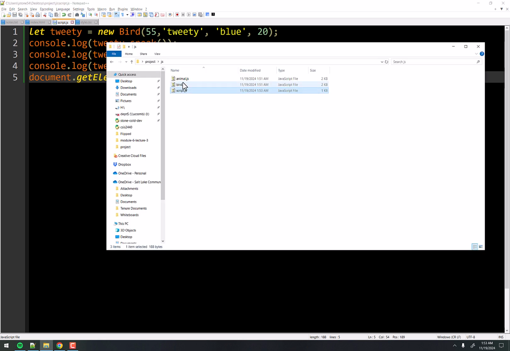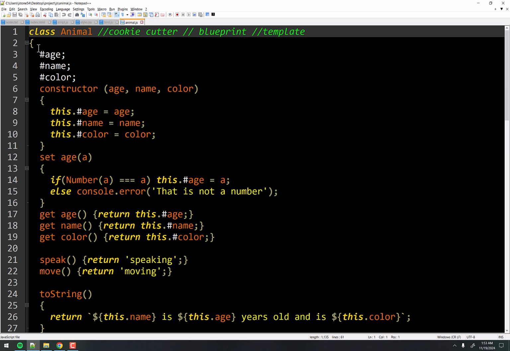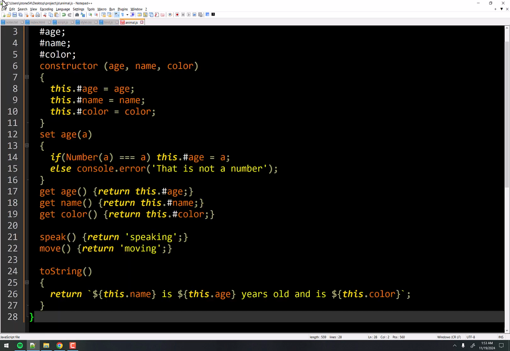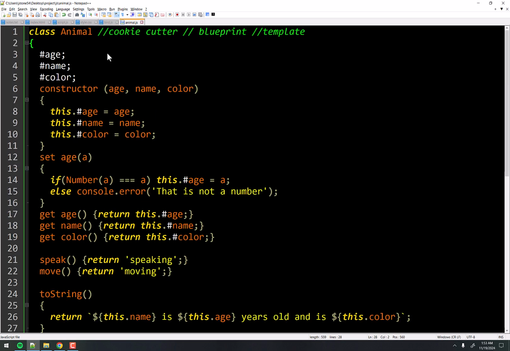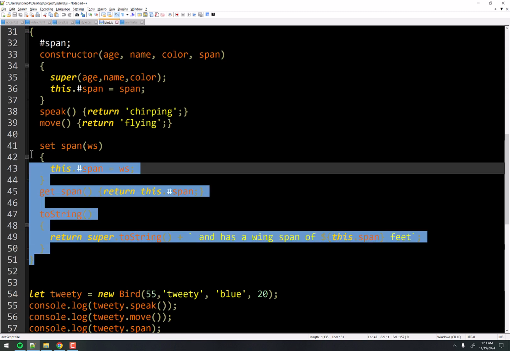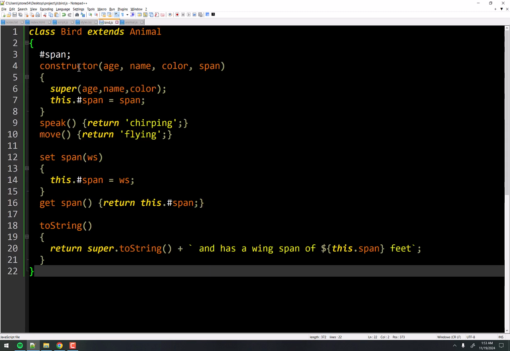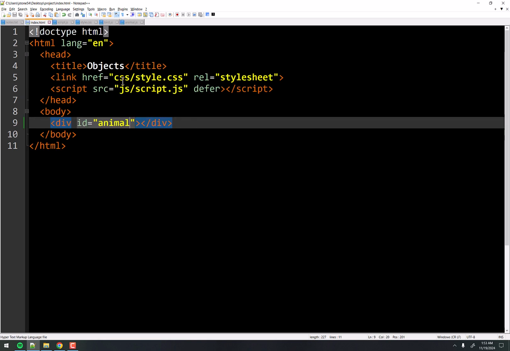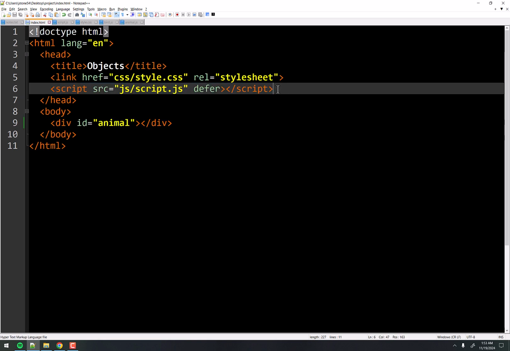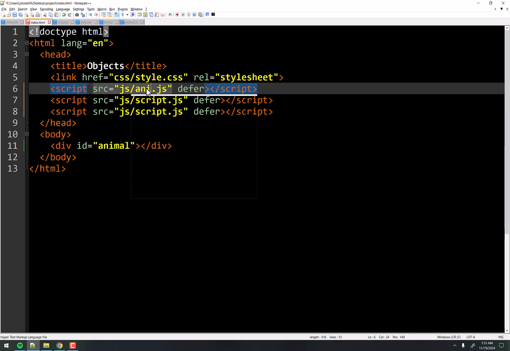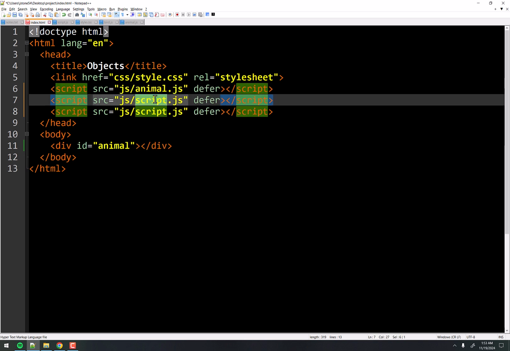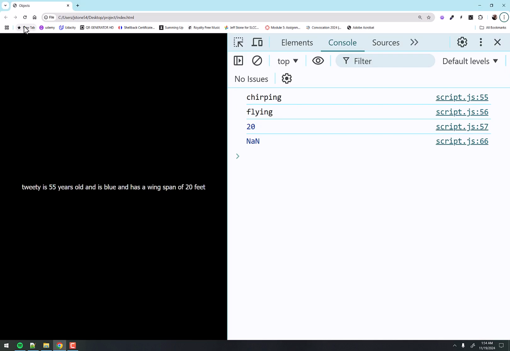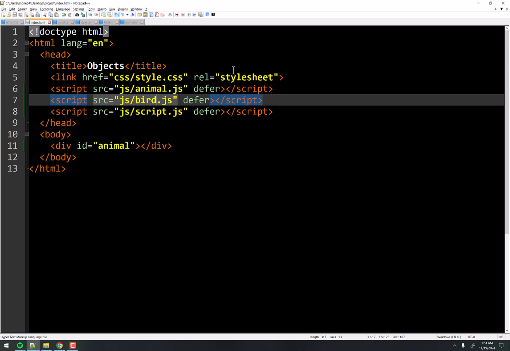And then let's just take the animal and the bird here, and obviously animal is just going to have animal, nothing else, and bird is just going to have the bird stuff right here, like that. Now, obviously, if I'm going to do that, I need to also import them here in my HTML. So we'll do animal, animal, and bird. And if I was going to do dog and whatever, I would just put it here as well. So now let's just make sure I didn't break anything. Refresh, and everything looks like it's working just like it should. But now the code's a little bit more organized, right?